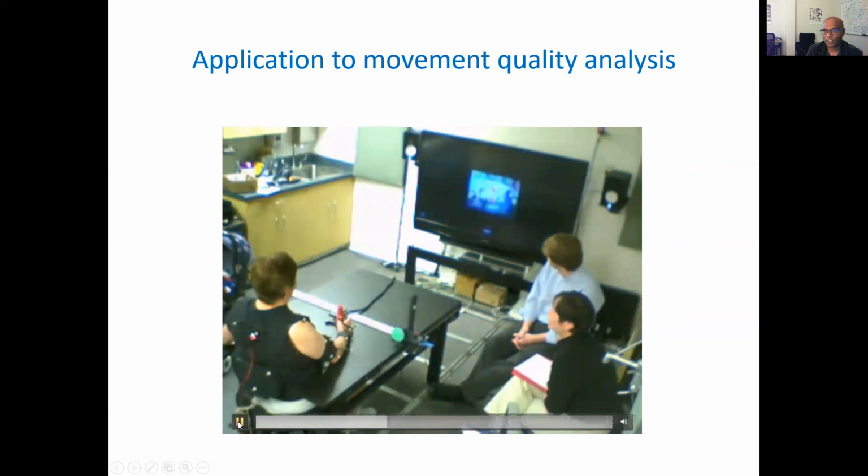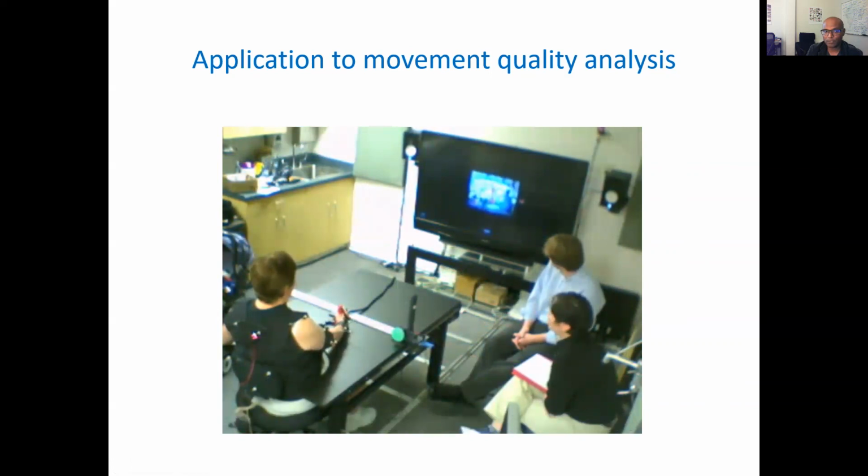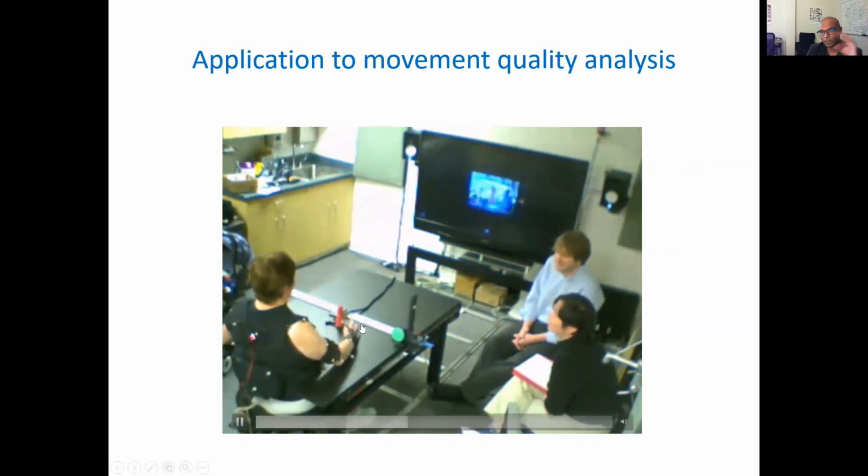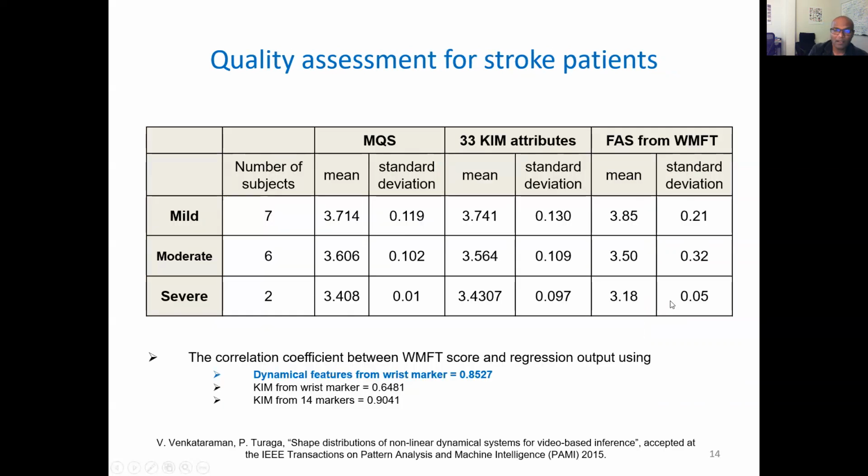So one of the classic questions in this space, in the physical rehab space, is to measure the quality of the movement in a way that at least correlates significantly with the therapist's impressions of the quality. What we did was very similar to what we did for the activity recognition experiment. We would take time series from the wrist, XYZ locations of motion capture data, treat each dimension separately, do this delay embedding thing, recover an attractor, describe its shape properties, either through shape distributions or through topological methods, and then use that feature to build a regression function that would map it to a therapist interpretable score.